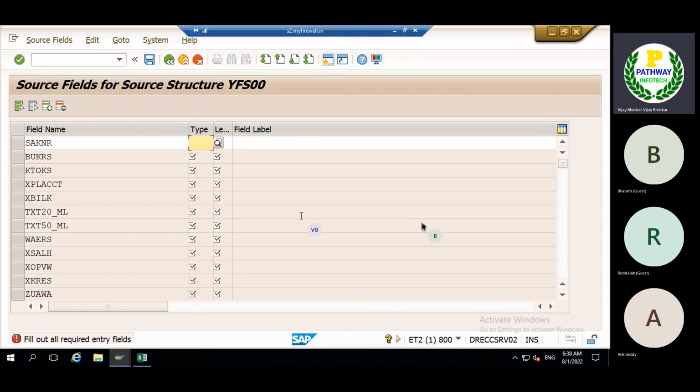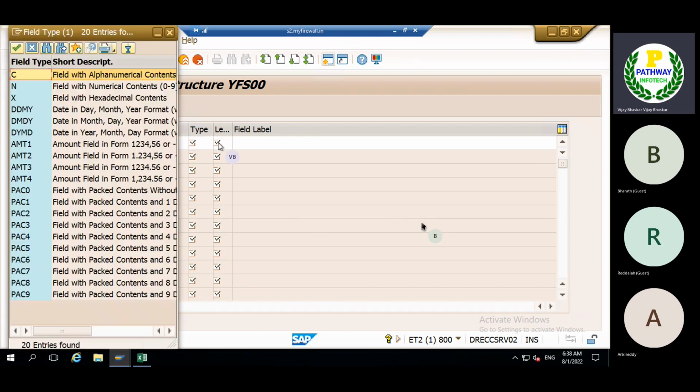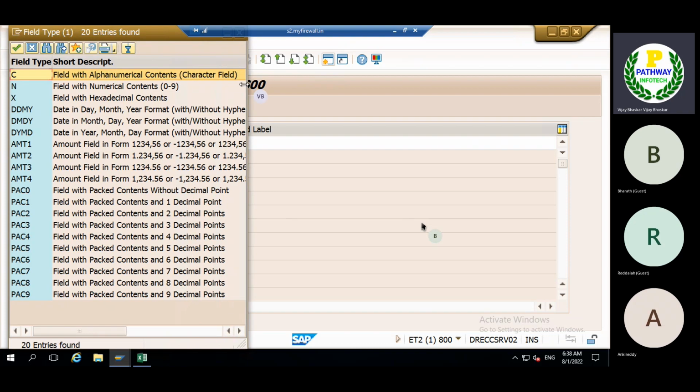Now the system is asking for the type. As I have explained, you can see CHAR, character: the field has alphanumeric content. For character, there is no need to enter all the information.